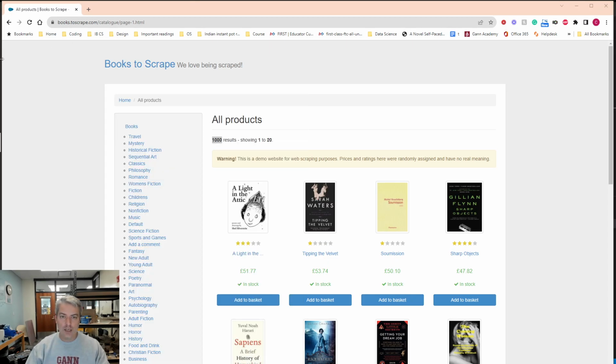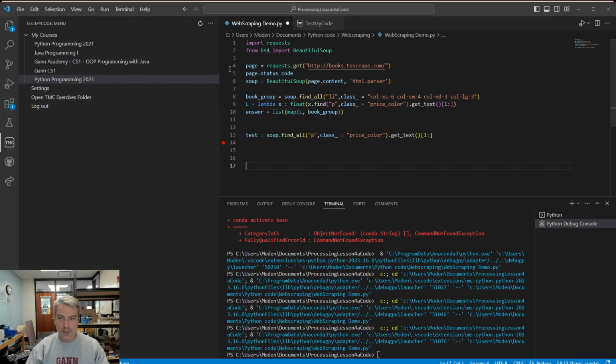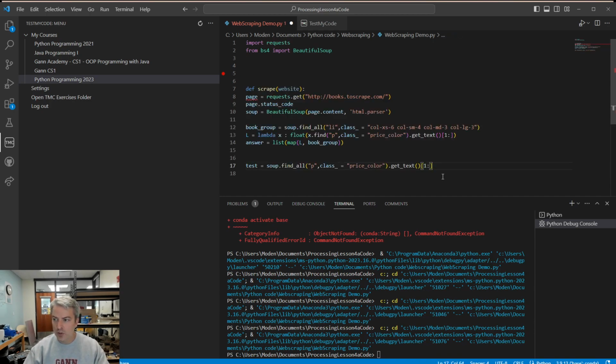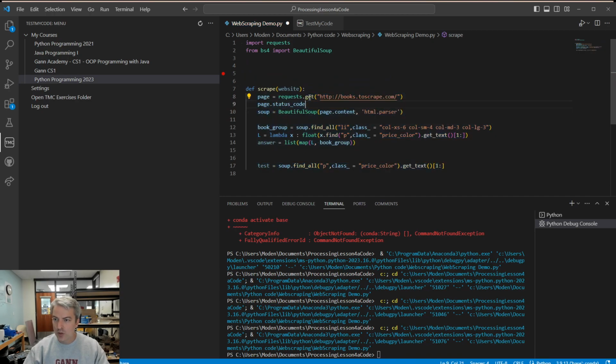So in order to do that, I am going to work with my previous code and then just add a little bit extra to it. So, all right, here's where we're at. Here's the code that I had previously. The first thing I'm going to do is make a scrape method, and it's going to take in the website. I want to take all of this information and pass it into my scraper. Scrape is going to take in a website,